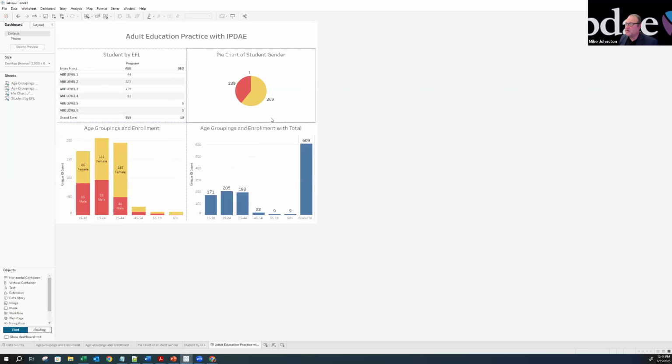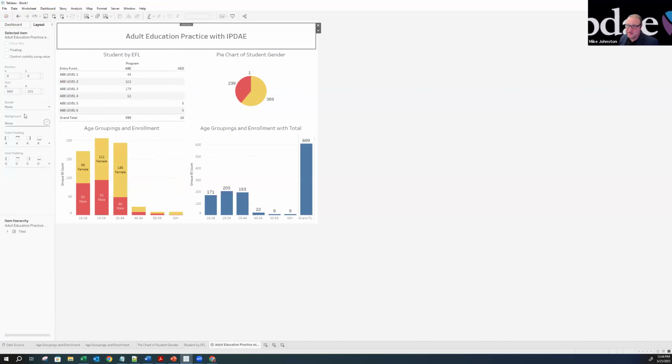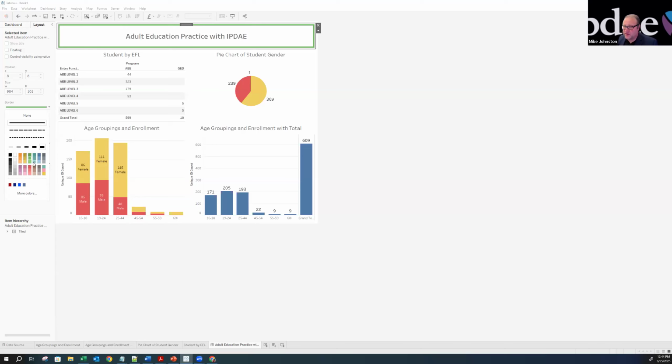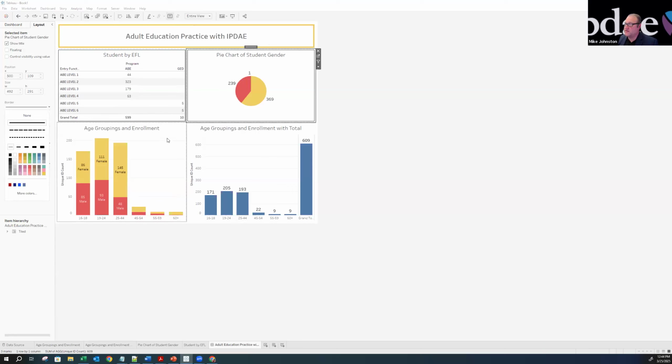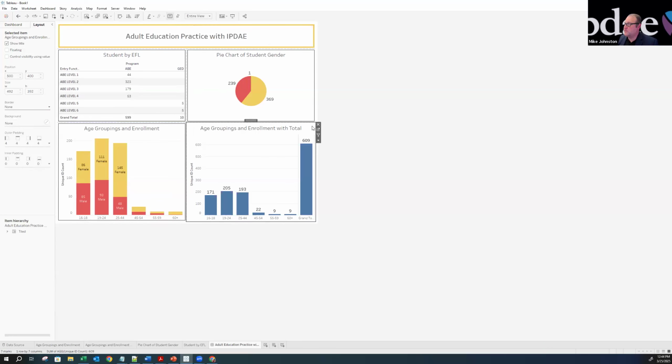I have my different visuals, and you know, I might want to make this a little more distinct. I'll just show you how easy it is to update the layout. Each one of these are boxes. You can tell it to put a border. You can add some color if you wanted to. There's a lot of things that you could do if you wanted to update the color of the border. I'm just going to make this a large green border. Well, actually, I'll try to keep the consistency of the colors on the viz. So I have that there. I'm going to update the border here. I'm just left clicking on each one of these and saying I want a border to make it more distinct, and a border to make it more distinct.